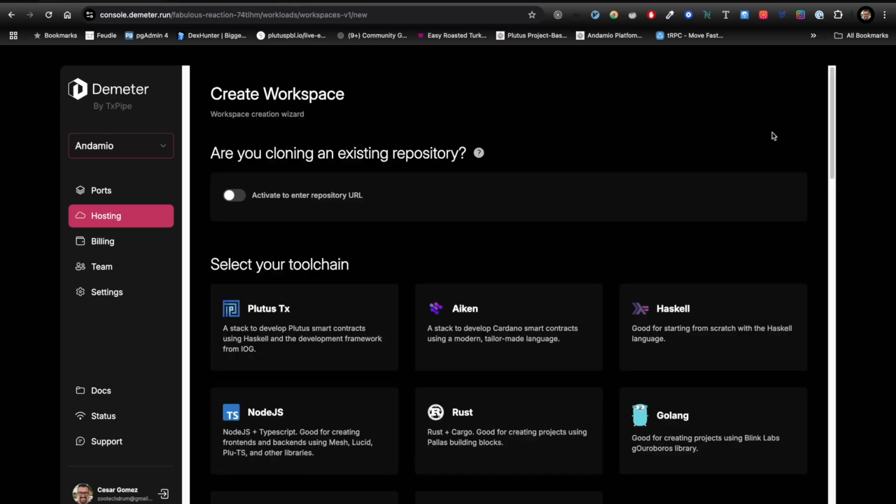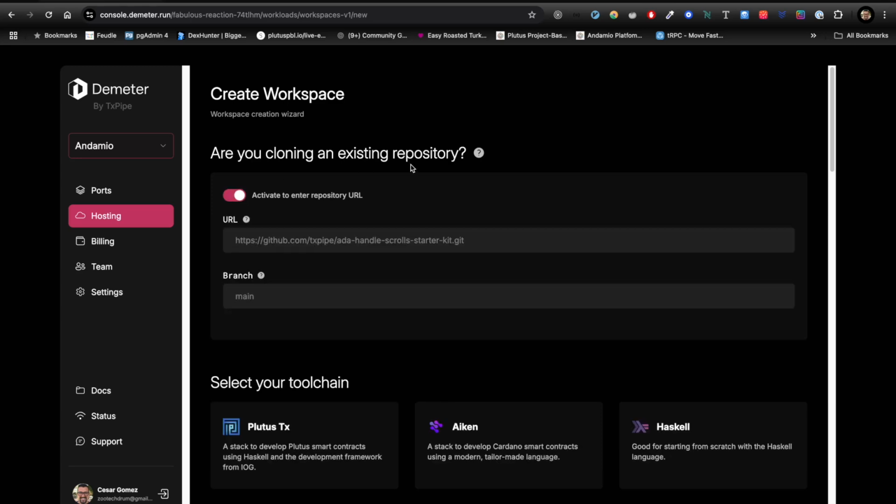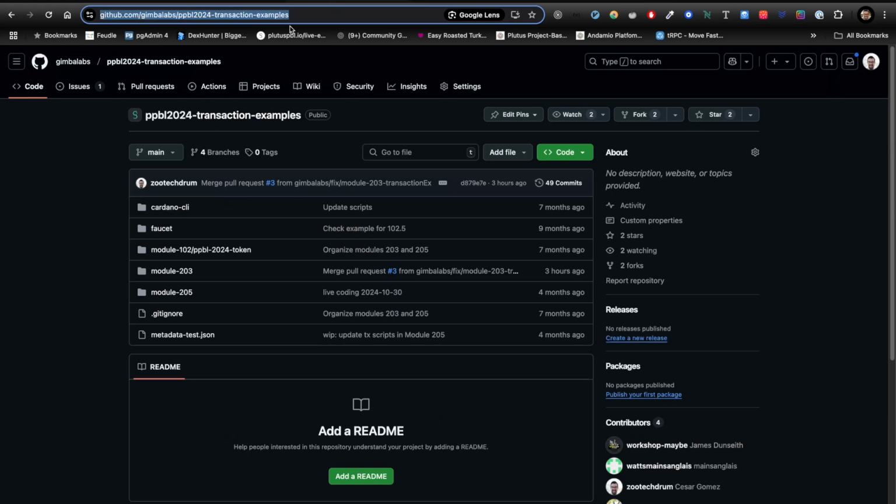I'm gonna add a workspace. Okay, so here I have the option to connect to a repo on GitHub. I wanna do this since I am working through the PBL course on Andamio and I wanna connect to this repo. This is a transaction example that I'm working on. I'm gonna copy this